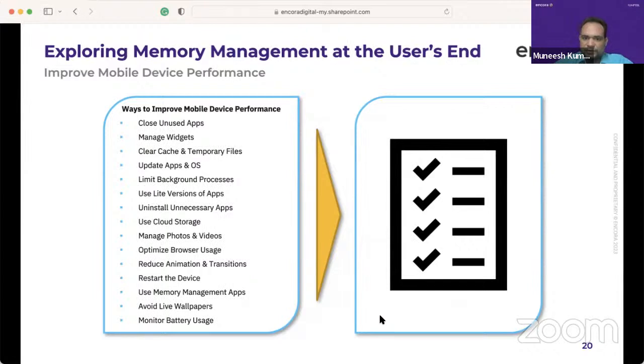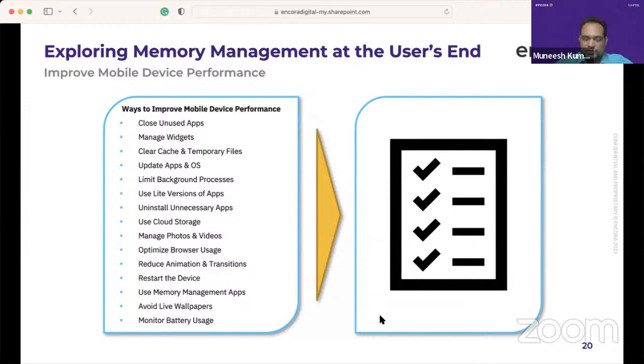And use memory management apps. Recommend reliable memory management applications that can help users identify memory-hungry apps and optimize system performance. Avoid live wallpapers. Suggest using static wallpapers instead of live wallpapers, as live wallpapers continuously run in the background